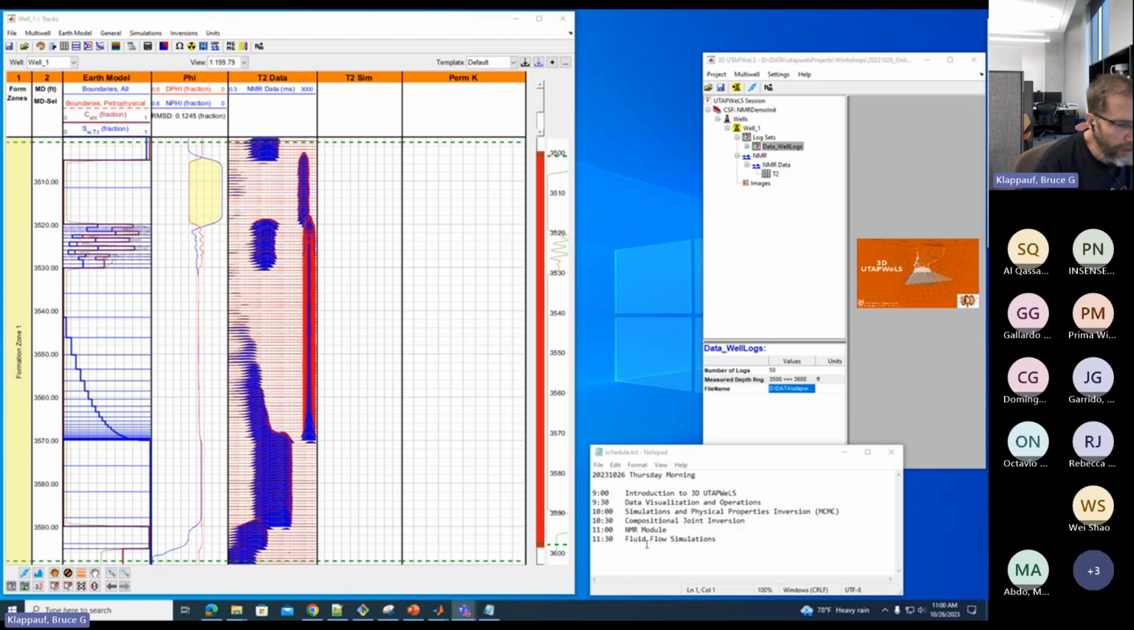Okay, it's 11 o'clock, and over the next hour, I'm going to go through the last two sessions here, the NMR module and the fluid flow simulation module. And so the first, for the NMR module,